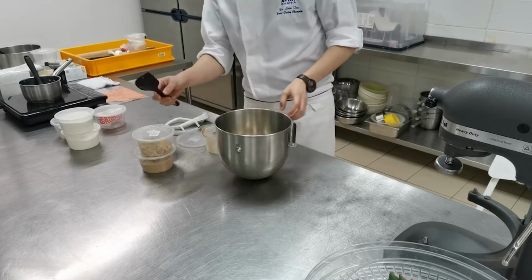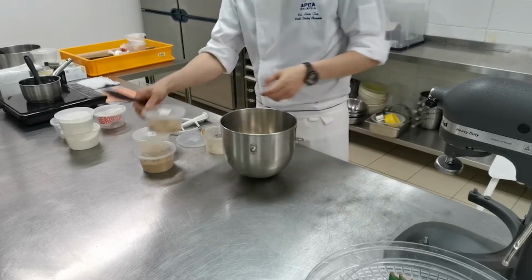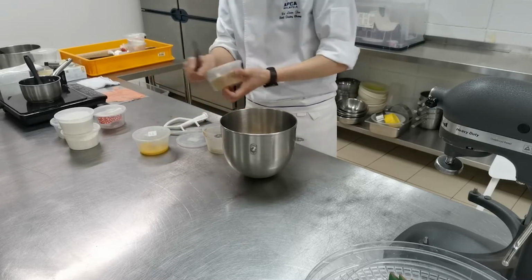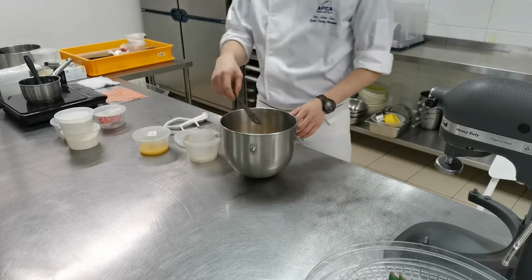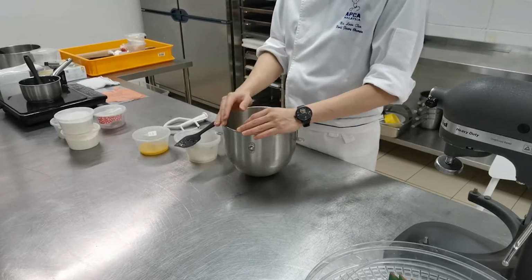So guys, over here, I have the butter and honey. Then brown sugar. If you want, the honey and a small part of the brown sugar, you can replace with molasses, because the